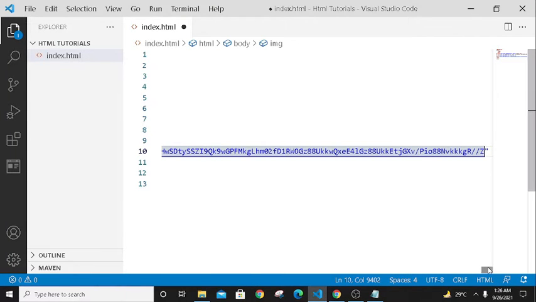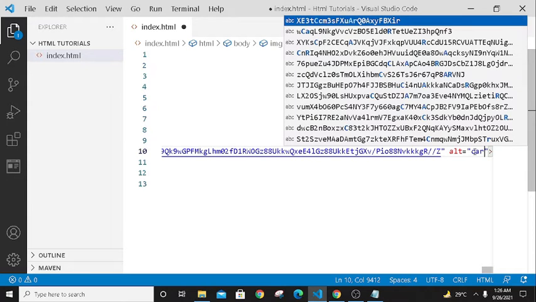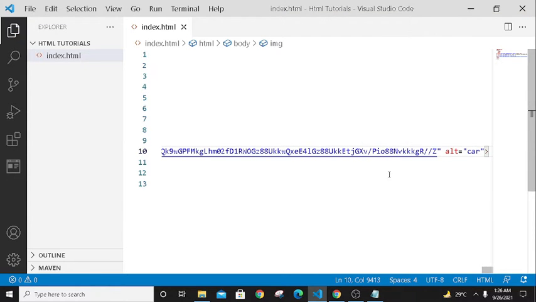And there is also alt, which means that whenever you open this code, you will know that this image is of a car. So I will type car in it. So whenever I open it, I know that this image is of a car, so I can edit easily.